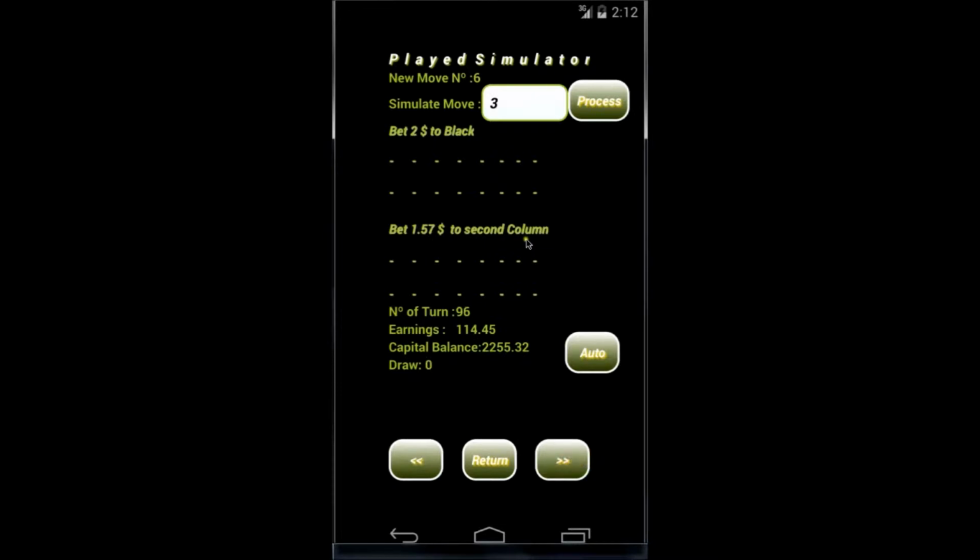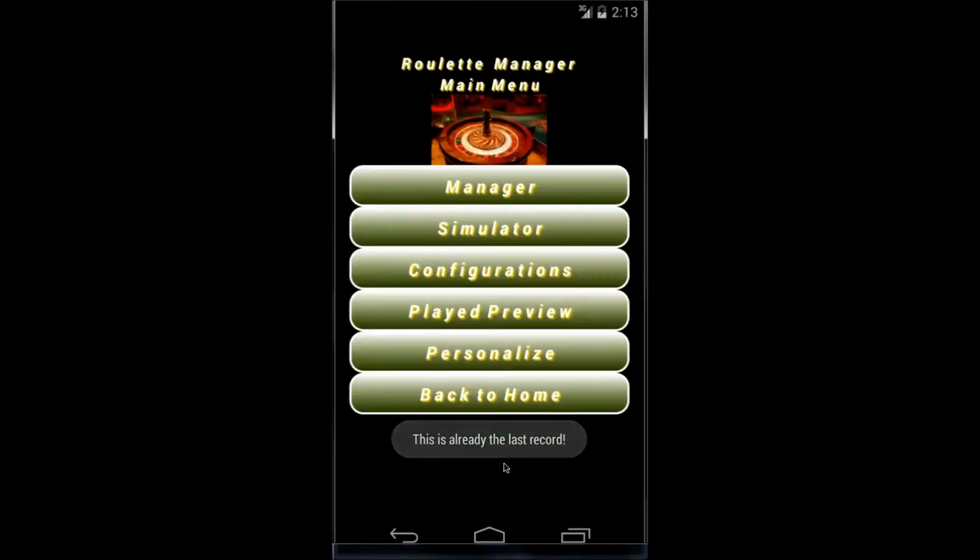Okay, as you see, there are a few more bets on columns right there. Yeah, right there, you can see some. So that's very good. You have some more bets on columns and dozens. So I'm happy with that, and the earnings are pretty good. Okay, so this is what we can do here,